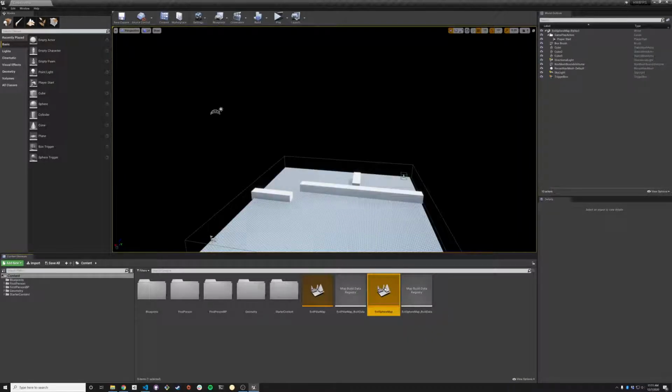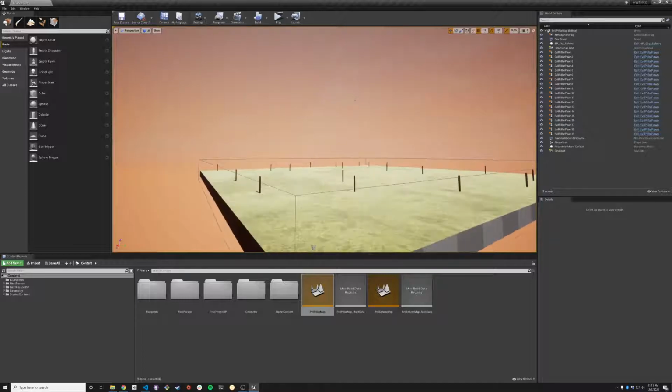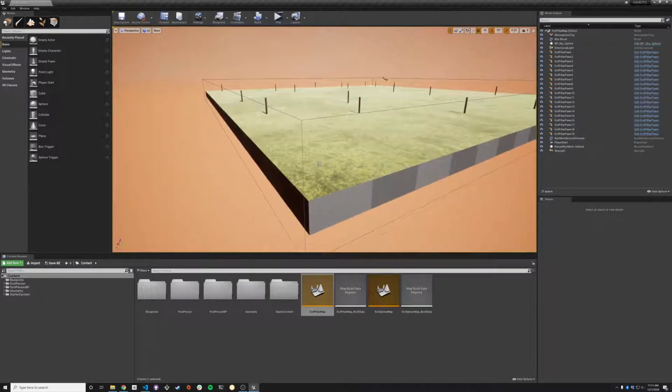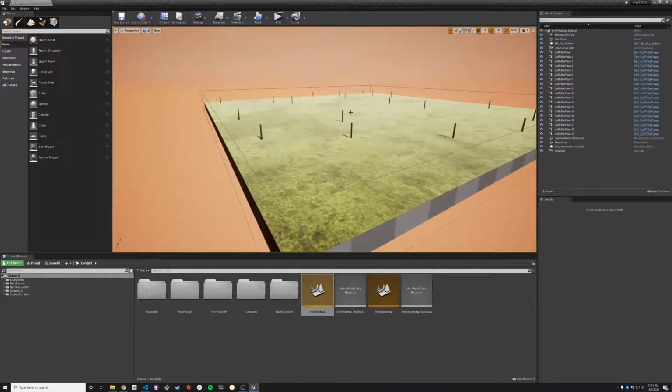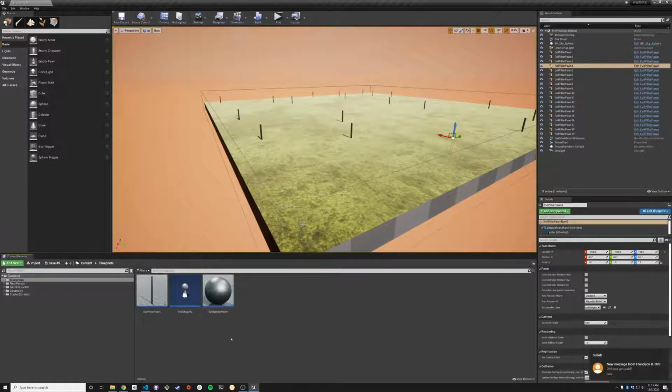I used the Unreal first-person template, and I made these 2 maps. The first one's called the Evil Sphere map, and the second one's called the Evil Pillar map. Basically all of these little pillars out here are the enemy units. They're called Evil Pillar Pawns. And how I did that was I created